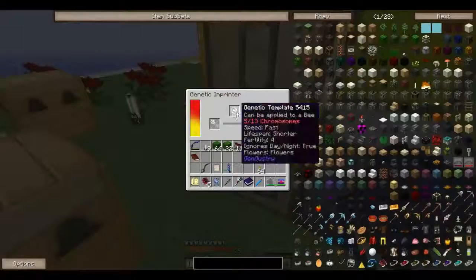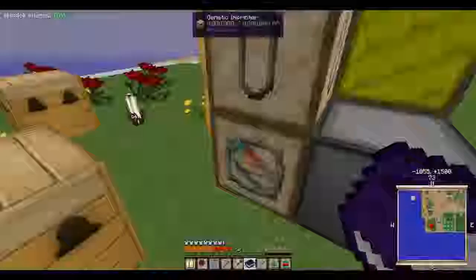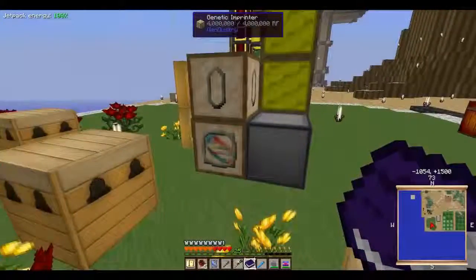Right now, I'm just doing it the easy way with the genetic template, slowly building up all the stats I want for my bees, and eventually I want to be able to breed my perfect bees, getting everything I'd want, like redstone. I think there's a glowstone one. Nether items like nether skeleton fragments. I mean, you can do a lot with the bees,